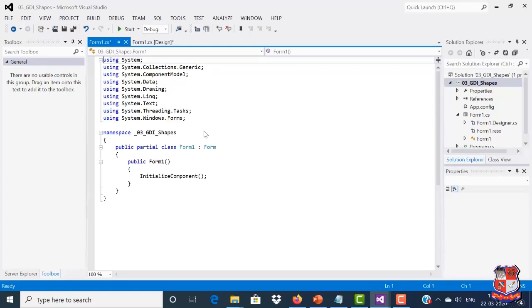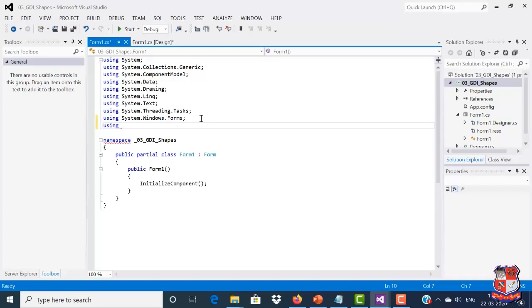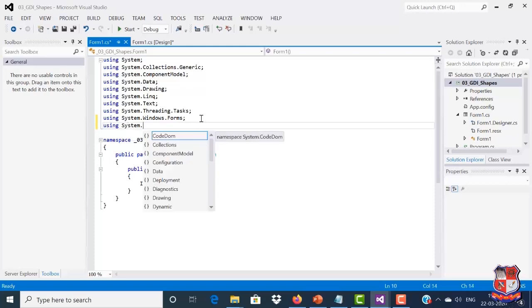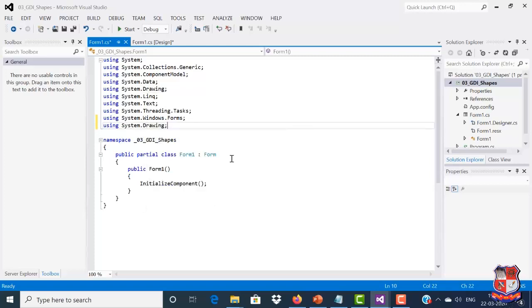Now we can see over here many namespaces already added. We already saw that if we want to use the drawing classes, we have to add namespaces over here, and the namespace is System.Drawing. Now from this drawing namespace we have to use the Graphics class. As we can see over here, a constructor is available for our class. Our class name is Form1, and over here we can see the constructor for it. Just under InitializeComponent we have to write code.